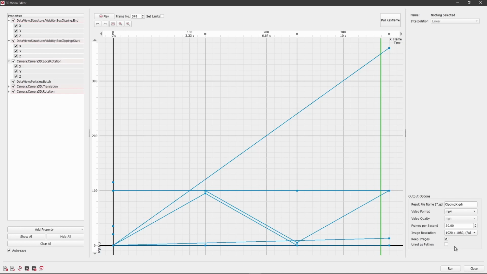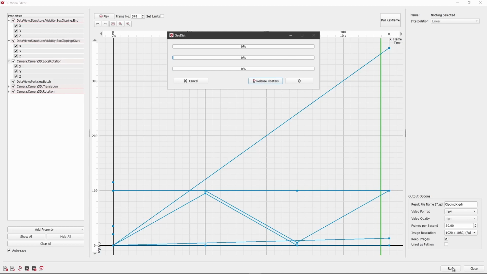We will only create a video here and now. We will still check up here if we want our video to be created with this name here, change it if desired, and then click Run. The video generation will take some time, about 5 to 10 minutes, depending on the hardware. I will fast forward the video for this workshop and present the result.